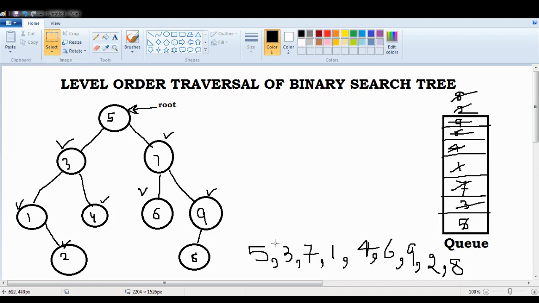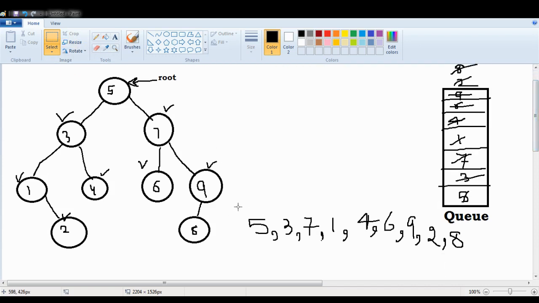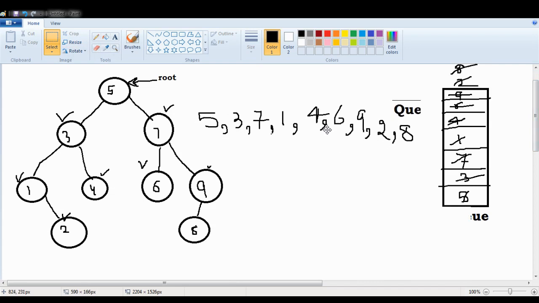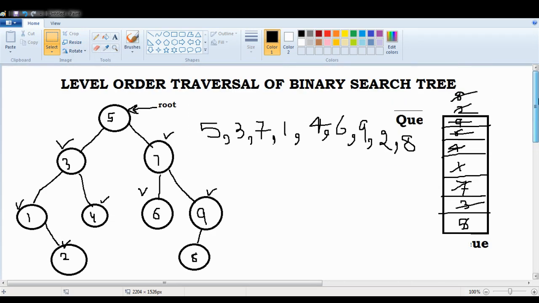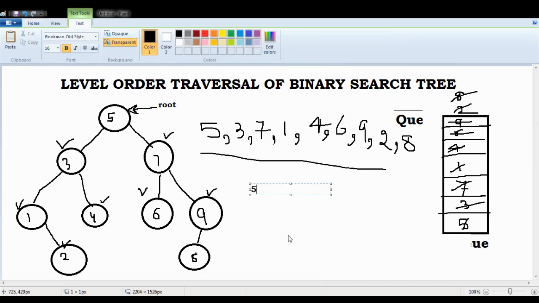So the result that we bring out is the level order traversal result of the binary tree, that is 5, 3, 7, 1, 4, 6, 9, 2, 8. So this is our level order traversal of any binary tree or a binary search tree.